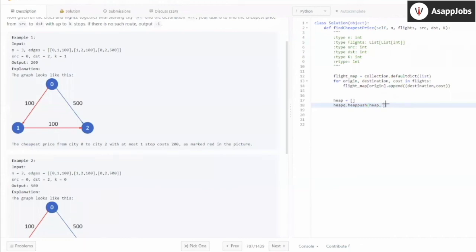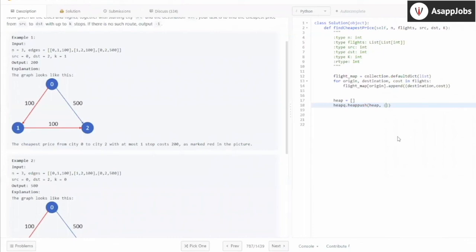Okay. Now, how I'm going to store the values in the heap is I want my heap to be always sorted by cost, right? Because I want to find the minimum cost. That's the first thing I need to consider while taking the next edge. The second thing is that the number of edges at any point in time cannot be more than one. So I also need to track the number of edges that I have taken till now. And the third thing is the vertex, which vertex that edge connects to.